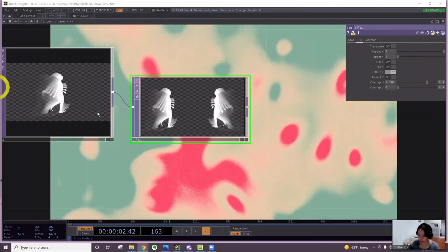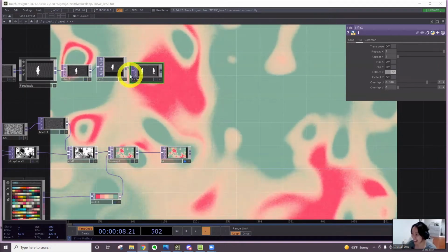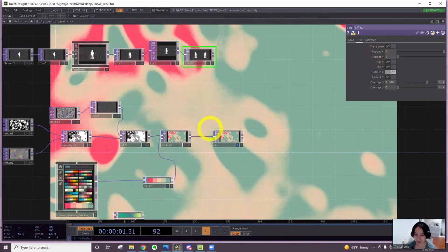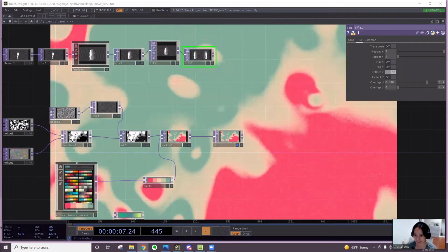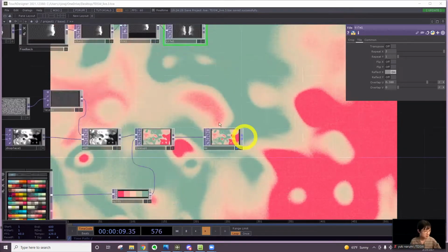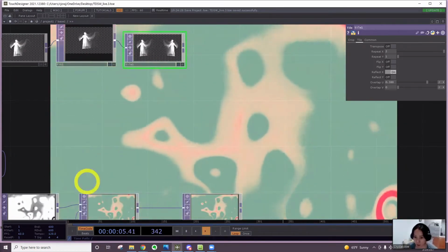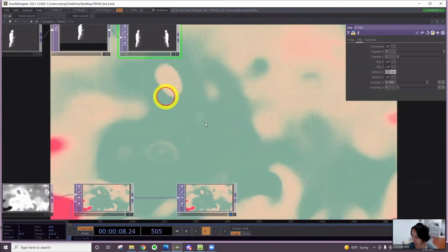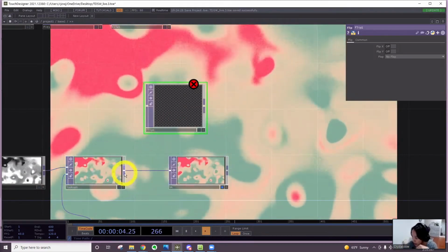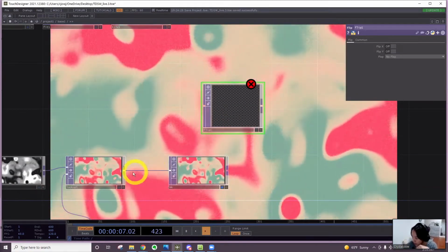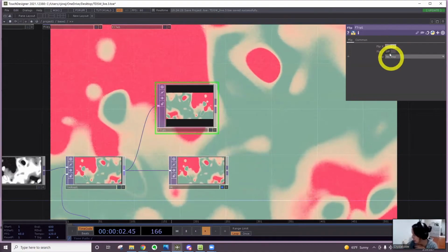Next, I want to get this texture inside here. So we're back. My file didn't crash, but I saved. So even if it did, it would have been okay because save always. But I want this texture in my silhouette, but have it flipped. So what I will do is get a flip top, connect it after the lookup, and I'll flip the TX and TY,